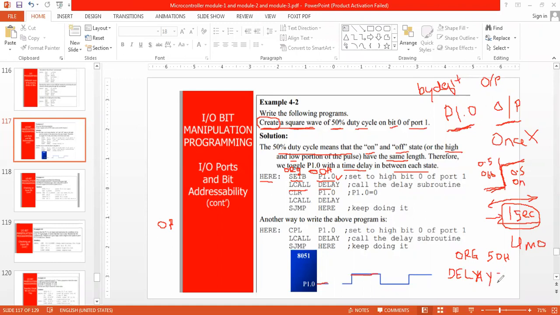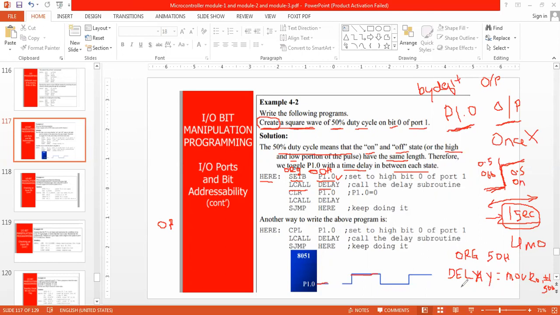So what should be the first instruction? First line should be MOV R0, #50H.